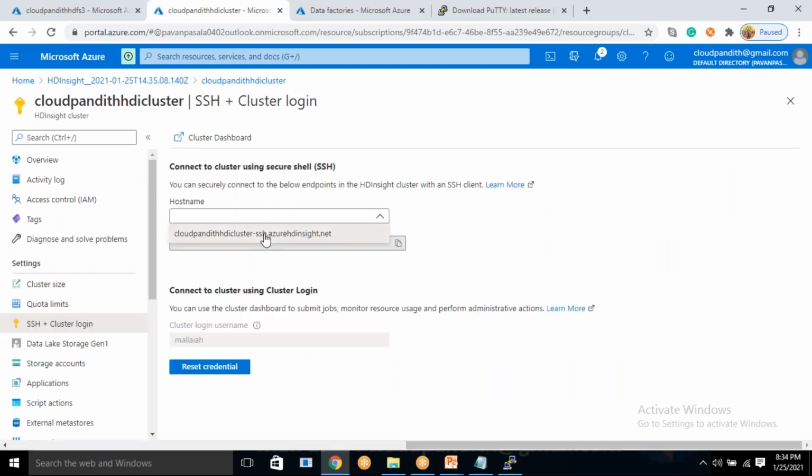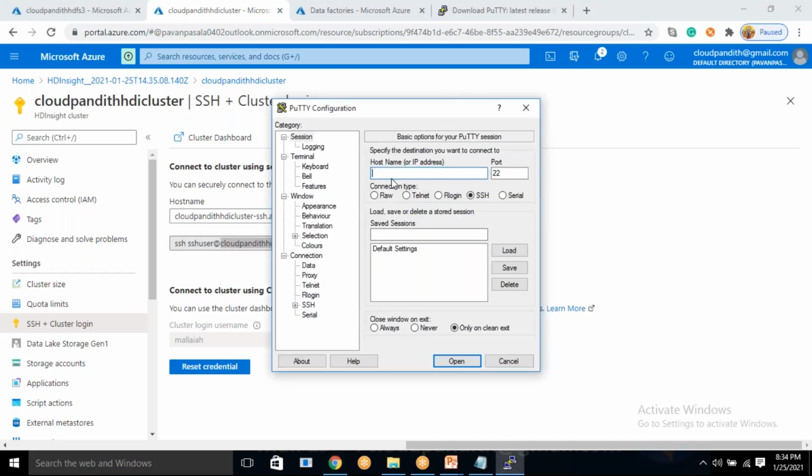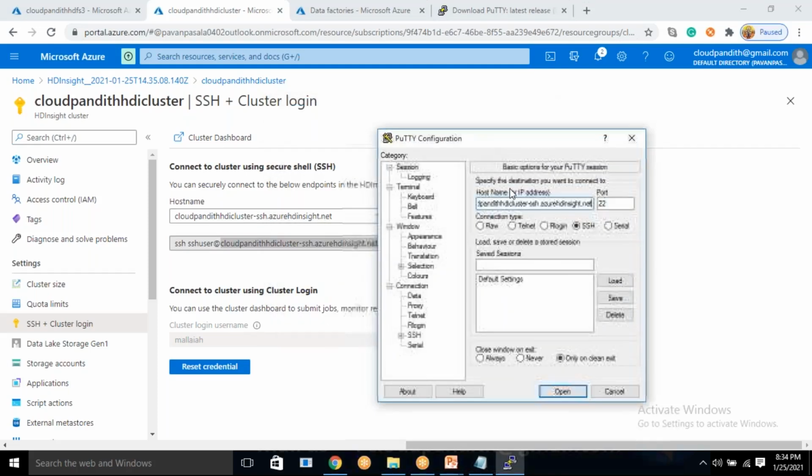Select this host name. Here you can see SSH user plus this one. You just copy this host name, and that host name you can provide in PuTTY. The host name is the cloud pandit HDI cluster ssh.azurehdinsight.net. Click open,